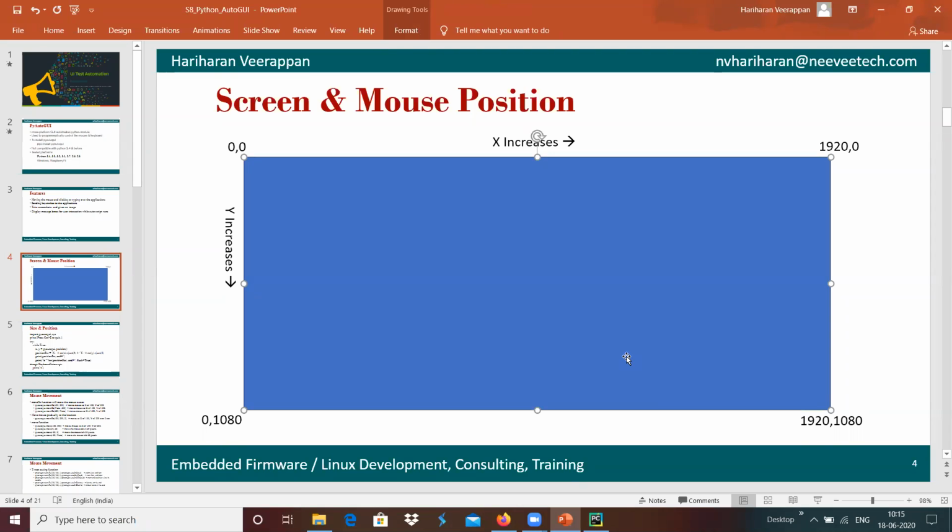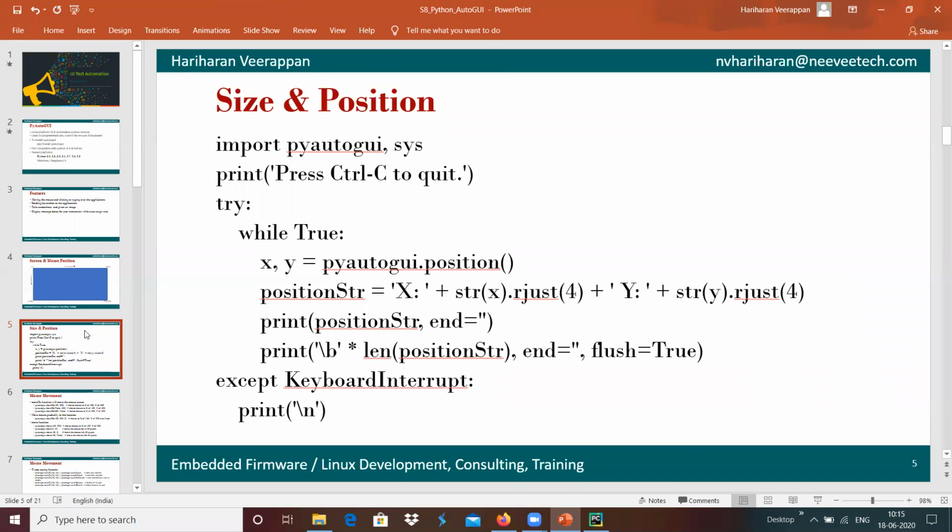For example, for the mouse movements, in order to get the size and position, we can use an option called position, which provides the output of the current mouse position.